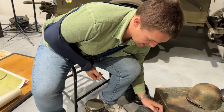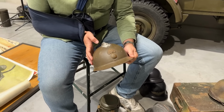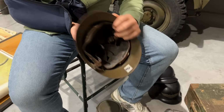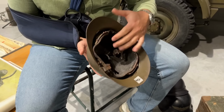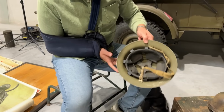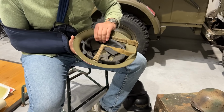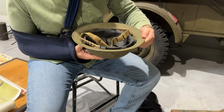And this is its World War II counterpart. So this was a French World War II helmet in the green color with original liner still inside. Here we have a nice minty Canadian helmet. It's a Tommy helmet, typical Canadian, and it's actually,